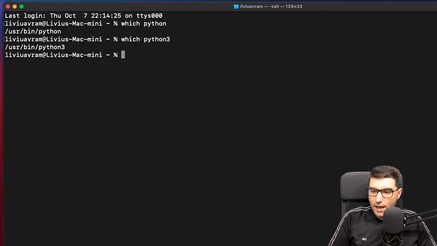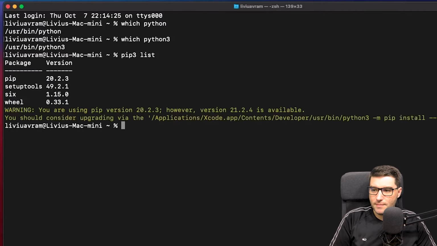So now I can check whether pip is installed. As we know from the previous tutorials, pip is a tool that is used to install Python components, and Robot Framework is one of those components. So I will say pip3 list, and here I have already a list of available packages, and as I can see, there is no Robot Framework installed.